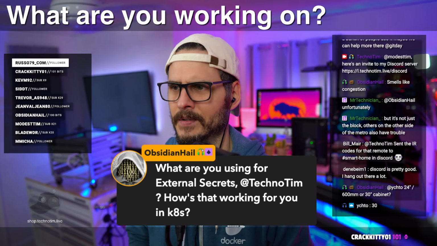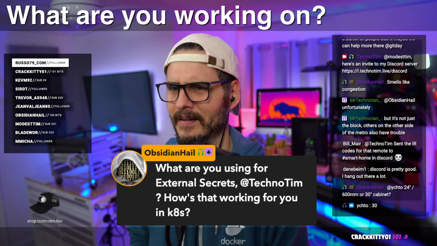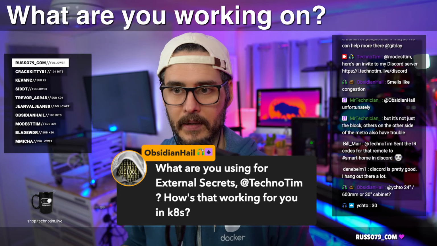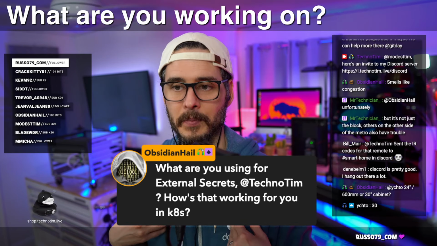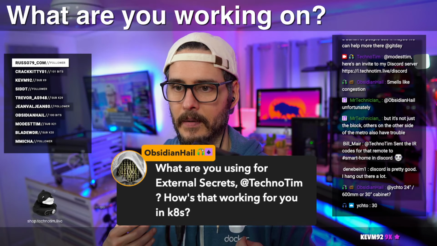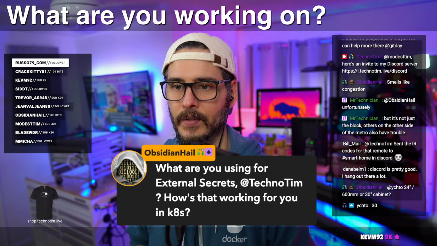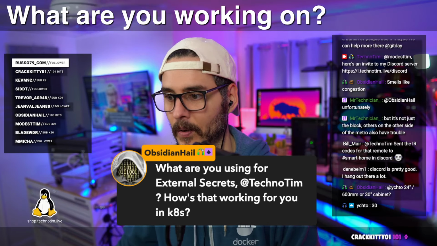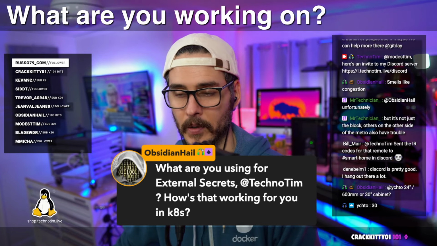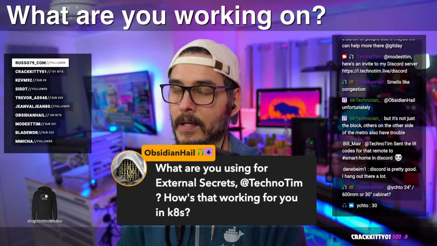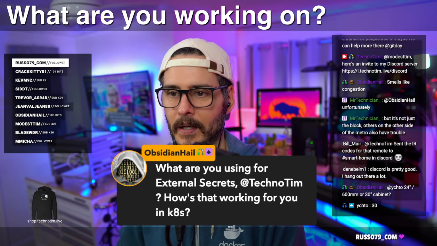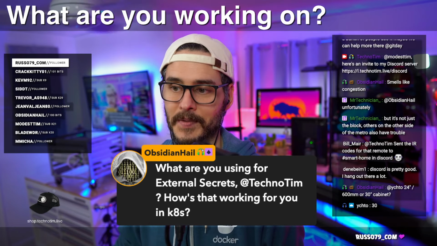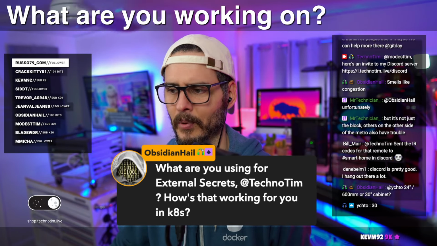And so if you're not familiar with SOPS, it's a tool to help you encrypt stuff with Age. And what it allows me to do is commit my secrets directly into my code, where they are encrypted at rest, and then once they get pushed up, they get decrypted in my cluster. So anyways, it sounds kind of weird, but that's what I'm using. SOPS and Age. Not using a vault. Maybe I should at some point.